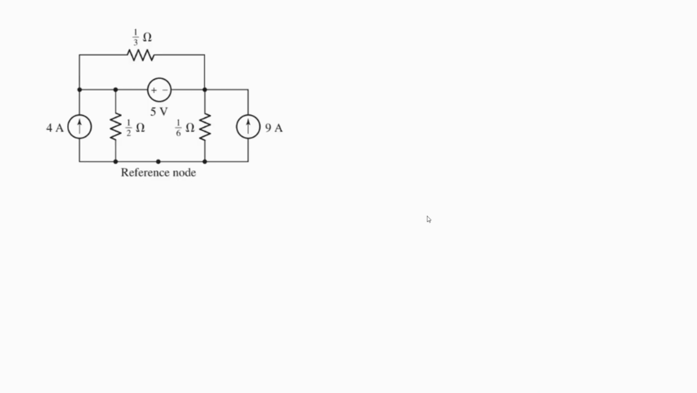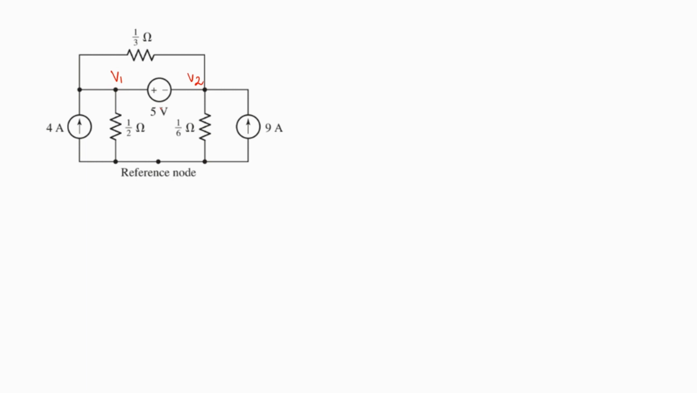Let's move on to the next problem. Now this is another problem which involves the concept of supernode. So they have asked us to compute the values of V1 and V2. As we can see, V1 and V2 are two non-reference nodes between which there is a voltage source connected. So we can consider that these two non-reference nodes put together can form